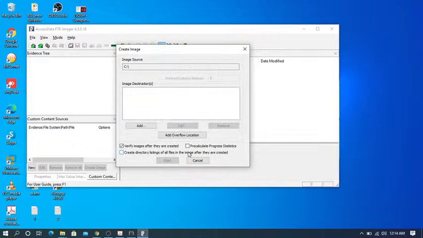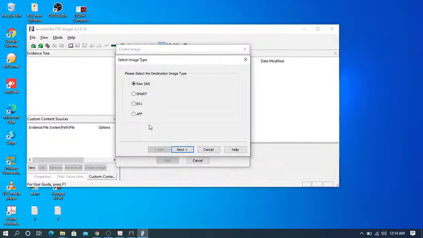Then you also need to add the destination, right? So you also need to choose the format. Suppose I am choosing the raw format, that is the DD. You can also choose other formats like E01 format or Advanced Forensic Format, AFF, whatever, but I prefer the raw format. Different tools use different formats maybe. Okay,